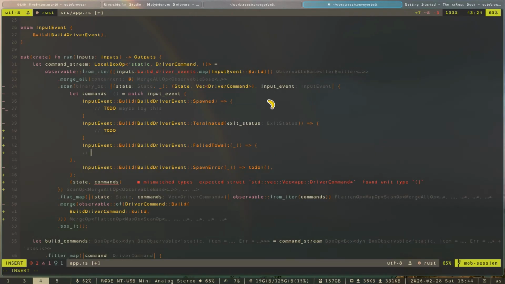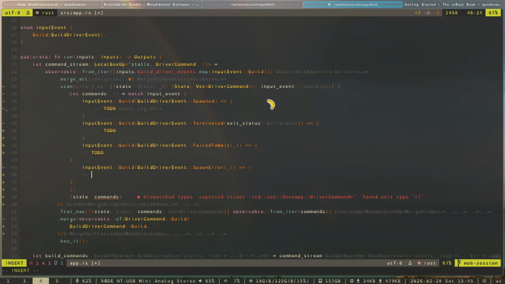Failed to wait. This is some IO error. Todo maybe log this, on error. I don't know that it's only maybe log. I think we need to think about what happens with this, right? And also spawn error. So all these are, but also